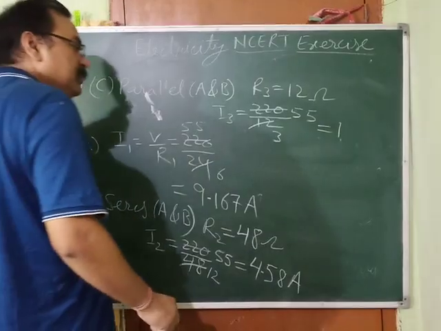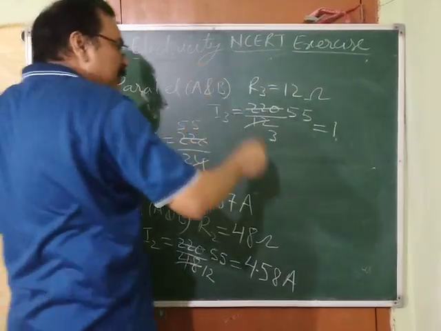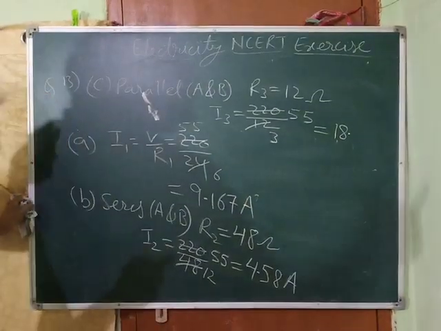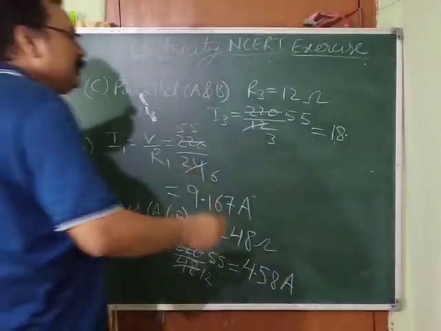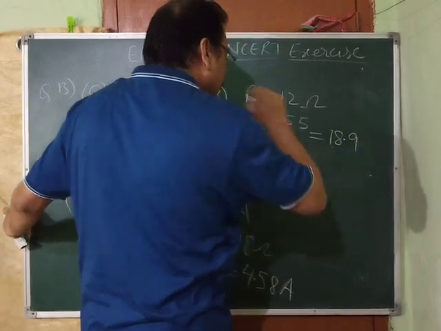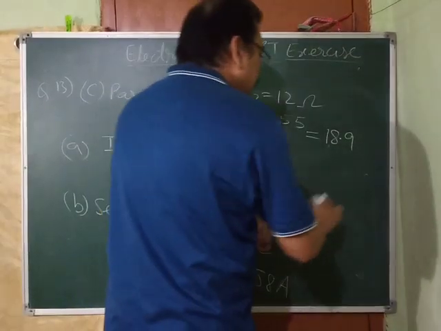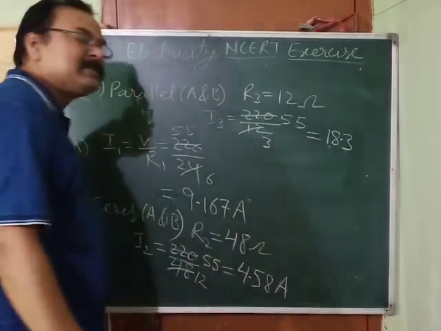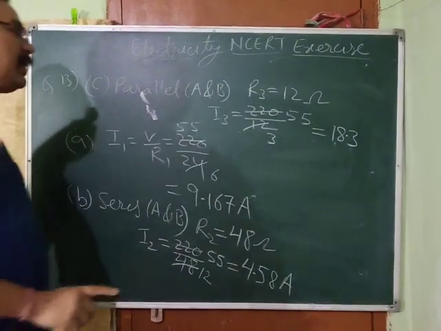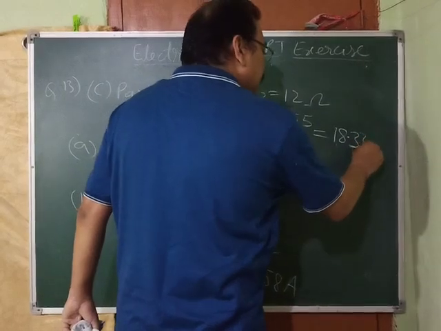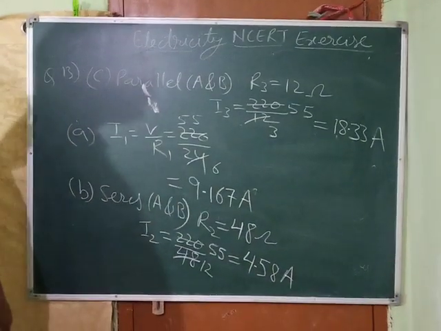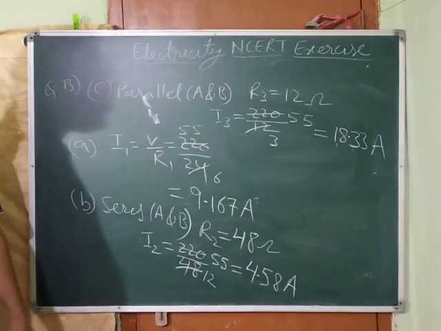Now 3 8 ja 24, 1 is left, you place the decimal, you will get 0, so you will come to 10, 3 3 ja 9. Okay, sorry, 3 3 ja 9. So 9 you can subtract from 10, what will you get? 1. Again in this way, it will become 3 3. Okay, never ending, so you will get 18.33 ampere. So you got the current in all the three cases.